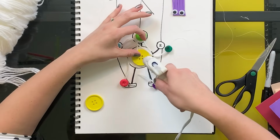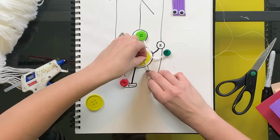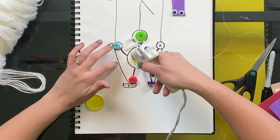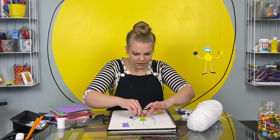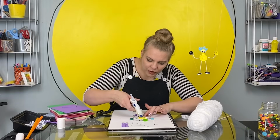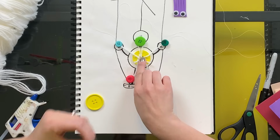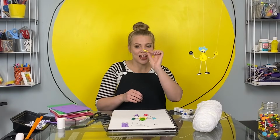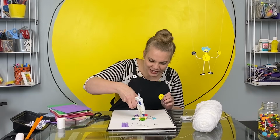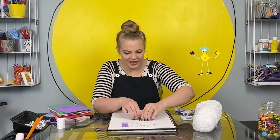Time to bring it all together in the middle. 2 puddles of glue for the legs. 2 for the arms. And then a puddle right on top for the neck. Then one last pile of glue in the middle, and I'll attach the last piece, the back of my button sandwich for the body. Here it goes. Oh